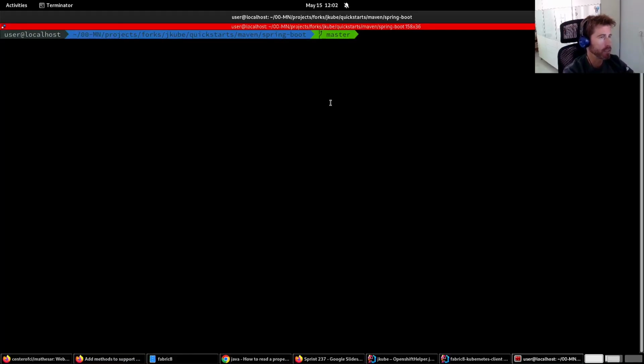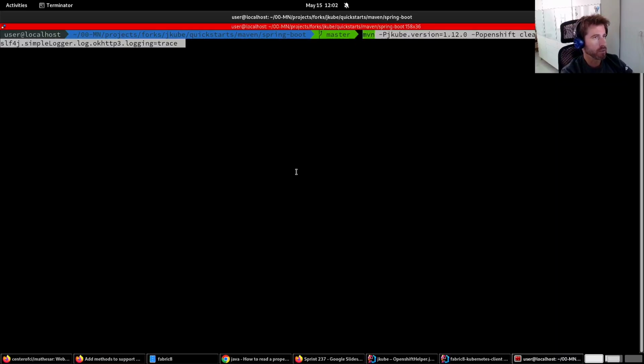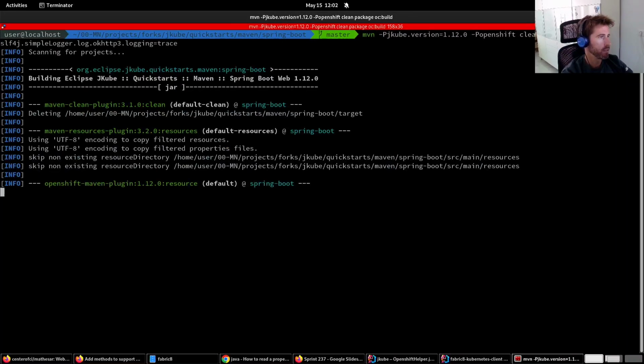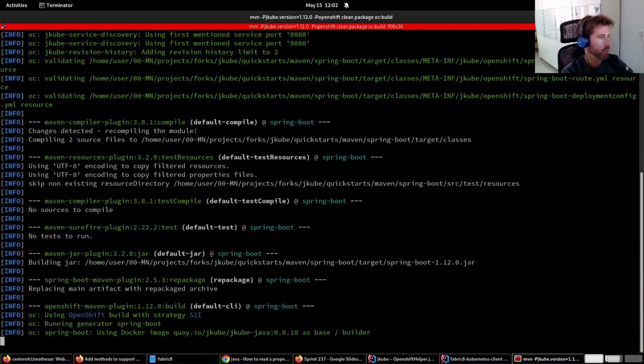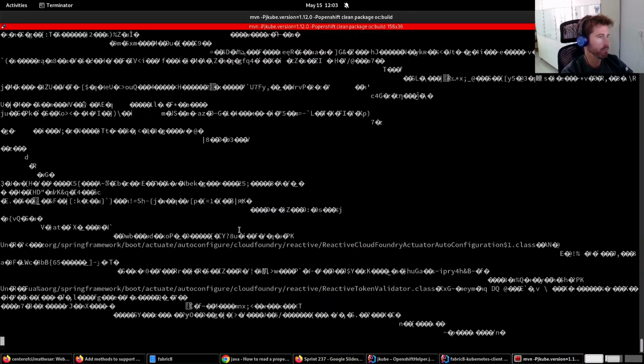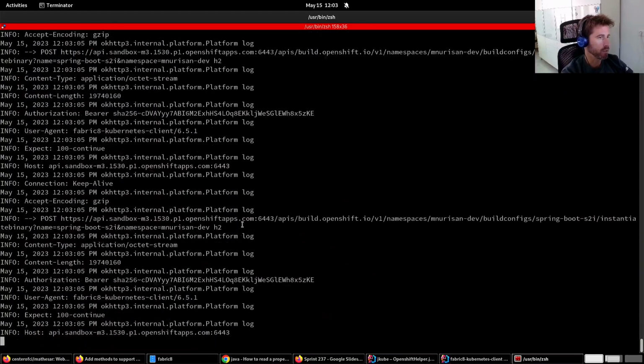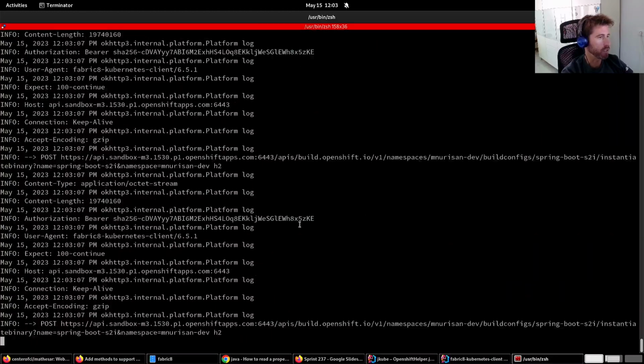So basically this is the Spring Boot quick start, and I'm going to try to build it using the previous version to see what the problem was in an OpenShift cluster. So if I run the build operation using the trace logging, we see how the OpenShift build starts, and then it tries to perform the binary build, but we see that we are running basically into an infinite loop where